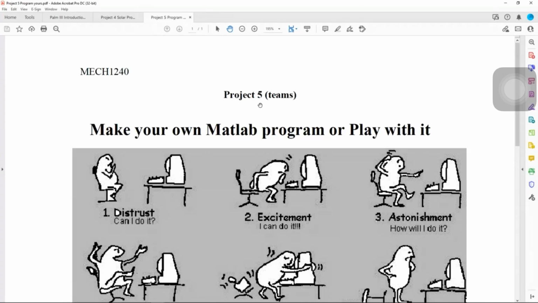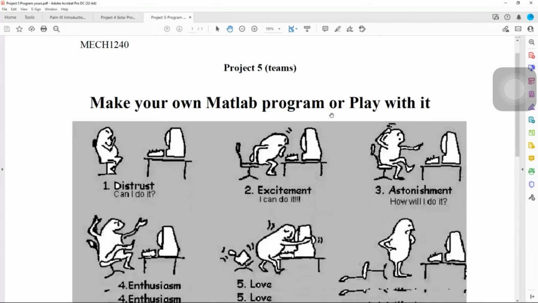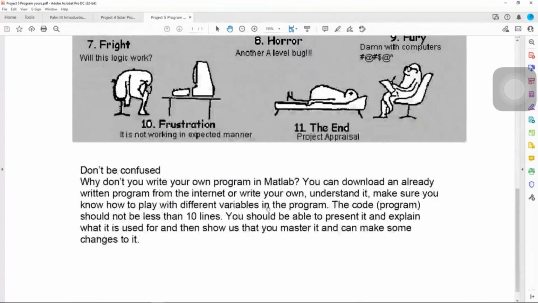Now, number 5 is much simpler, in the sense that it says here, you're programming in MATLAB. That means you decide what the problem is, you decide how to solve it, you decide how to present it, and so on, right? That's your decision. However, there are a few conditions: the program should be more than 10 lines. And of course, if you write